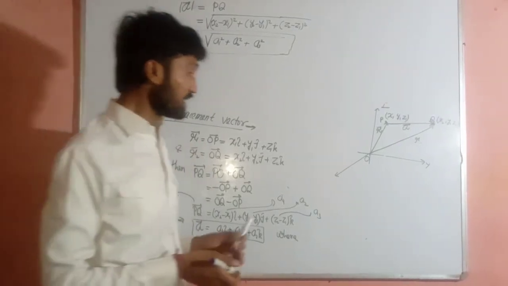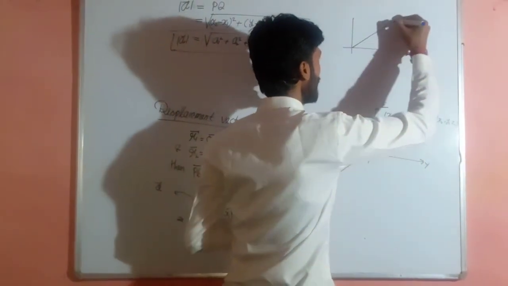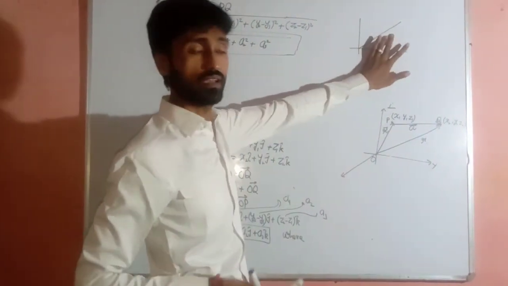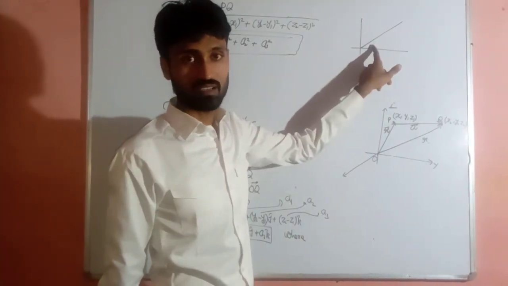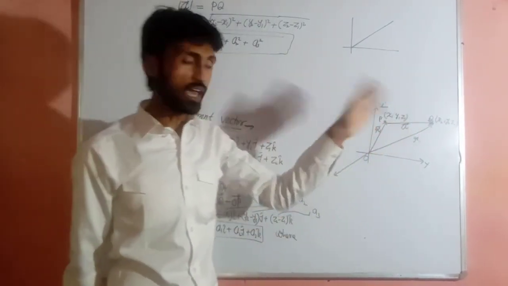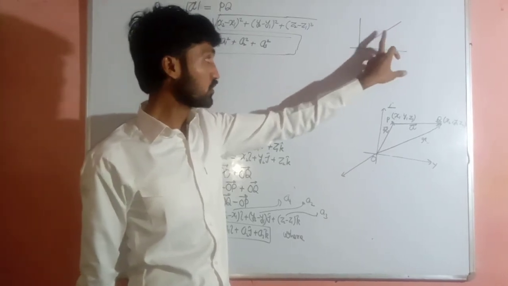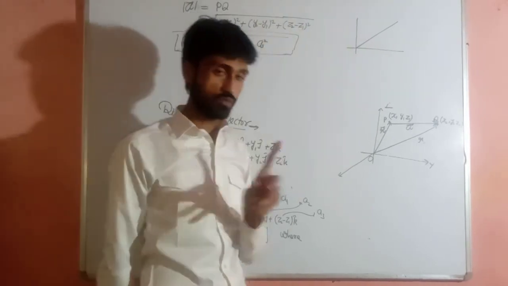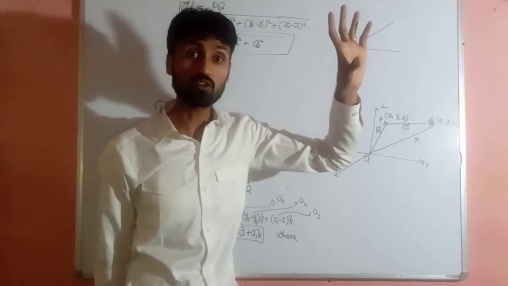See, if we take a plane and we draw a line here, then the direction of this line can be defined by a single angle from the x-axis. Theta is 90 degree, theta is 30 degree, theta is 40 degree. With the help of this angle, we can define the direction of this line, because if it is 30 degree, then it will be 60 degree. There is only one possibility, which is defined in terms of gradient or slope.